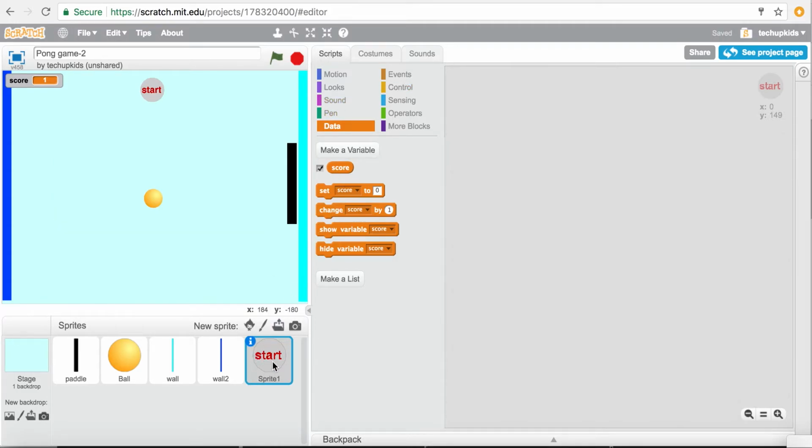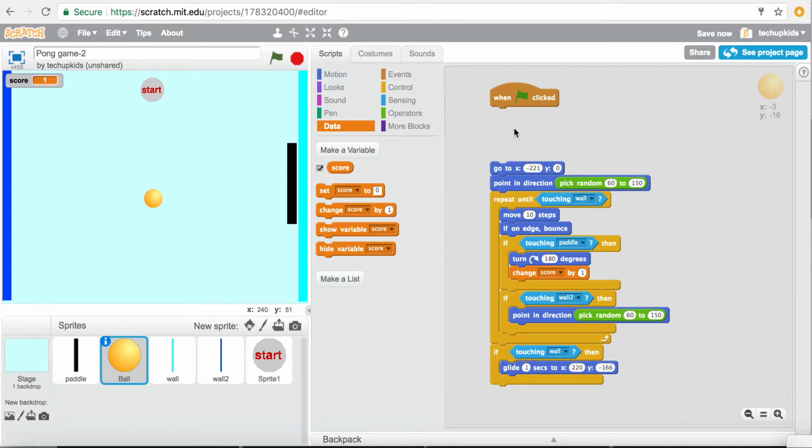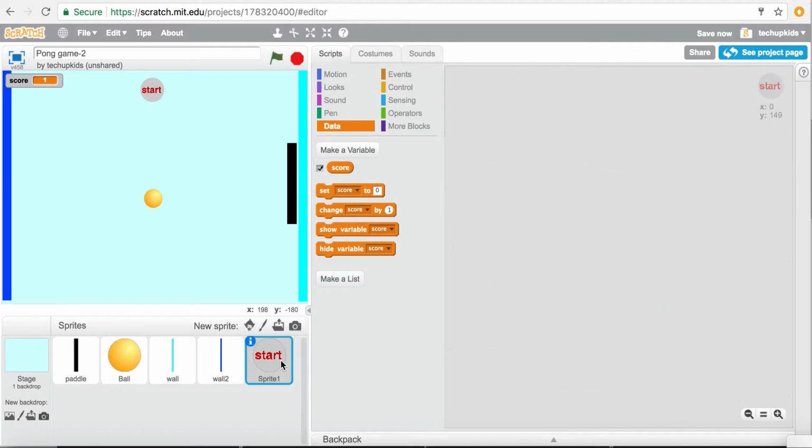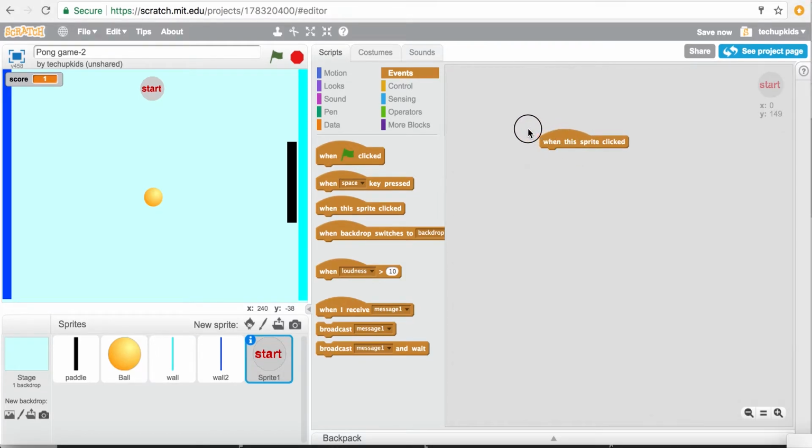So how should I do that? When I hit the start button, the ball should start moving. So instead of attaching it to the green flag, I want some other event which should say when start button clicked, but I can't really access the code for start button through the ball. So remember broadcasting, we will say when the button clicked, when the sprite clicked, I want to send a broadcast